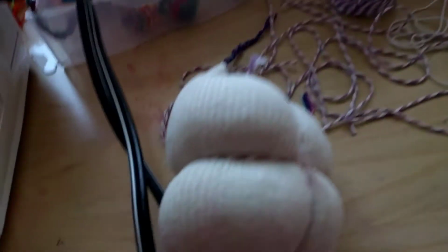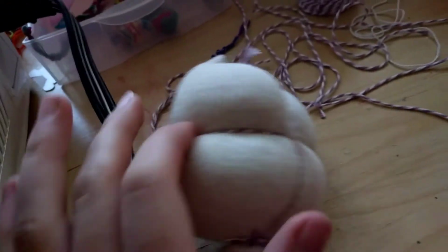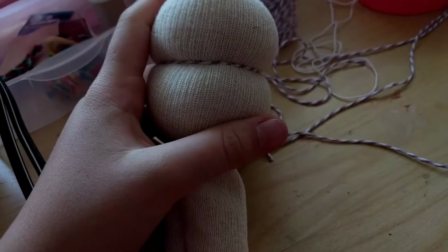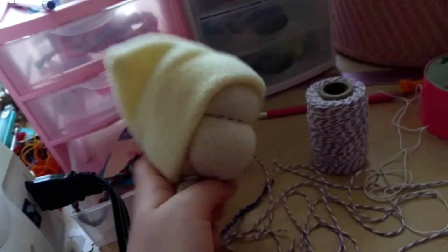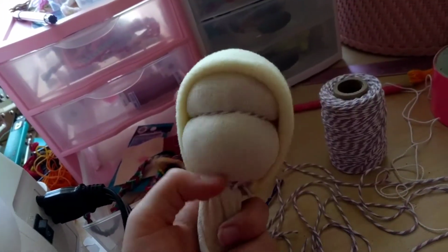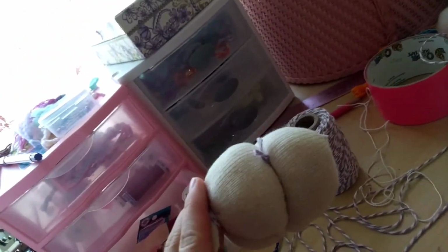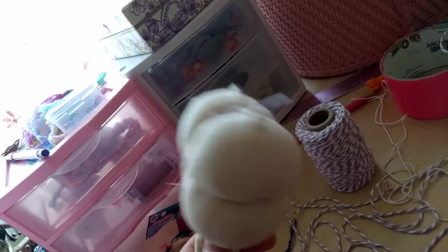The next step is kind of difficult to do, and if you're making a doll with a hat like I am, it's not entirely necessary because, I'm going to show you, you're not going to be able to see the back of the head or the sides or anything because the hat's going to be covering it. But I'm going to show you how to do this anyway because if you're making a doll with hair like Maddie or...